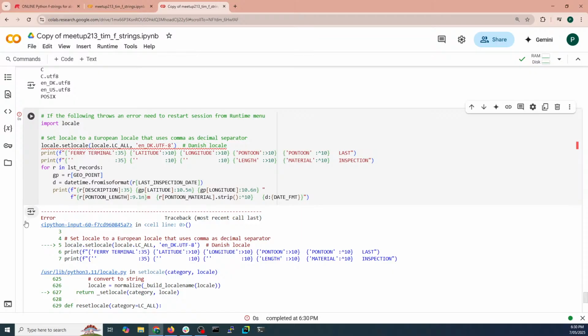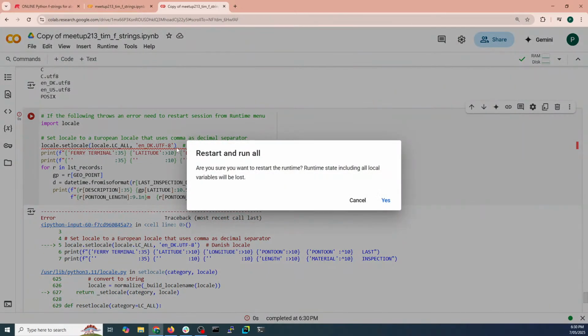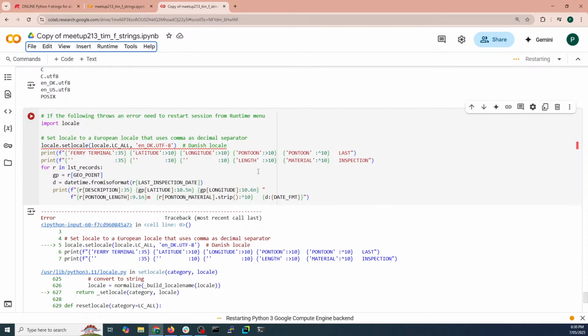So what I could do, if it throws an error, you have to restart the session from the runtime menu. The problem is if I restart the session, I lose all my variable data. So I need to go back, run the API, get it all from Brisbane City Council API again. Now fortunately, in the runtime menu, there's a thing there, restart the session and run all the cells that we've already run. In fact, we've run all the cells in the notebook, and I think we're right at the end. So we'll do that, restart and run all. So it'll clear all the local variables, but it'll go back to the API, get all the ferry terminal data from the Brisbane City Council again,